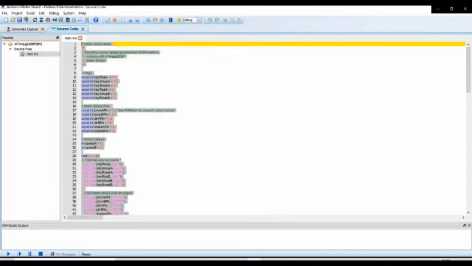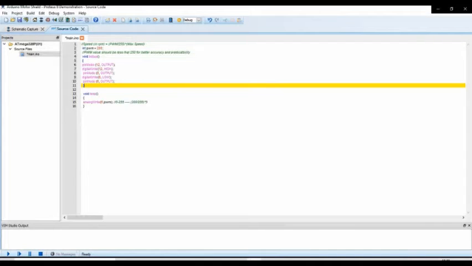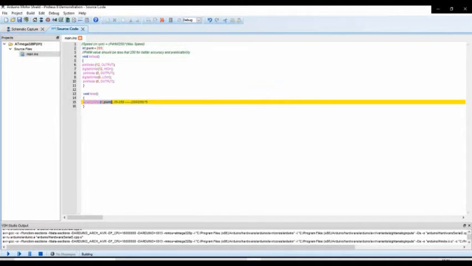I'll delete everything that they have written and put in my code, and just explaining a bit about it. I've introduced an integer which is PWM and equated it to 200. PWM is nothing but pulse width modulation, which sets the voltage to a middle voltage. I have also labeled the various pins as output and high low. I have labeled the analog write as 6 pin, and now I'll compile it.